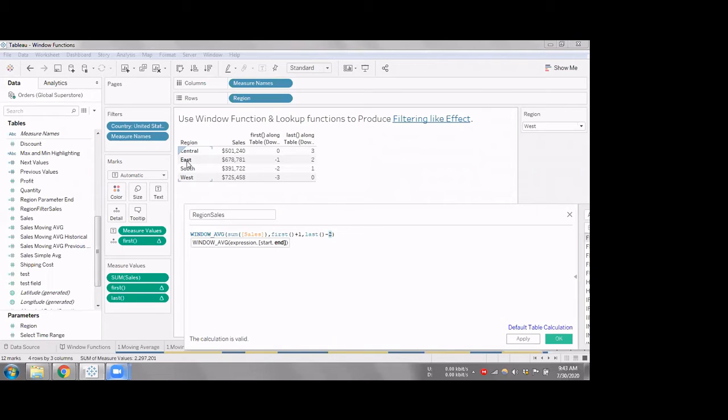So basically we are only giving East value to calculate the moving average. And likewise, if we go to the East region, my first value is here, minus 1. Since I have already given first plus 1, it will be 0. So it will start in the same row itself. It will not go to the next row, but it will start in the same row. And last minus 2: we already have in the second row last value as 2. So last minus 2 would be 0. So it will start from 0 and end at 0. That means in that row itself, it will get the same value.